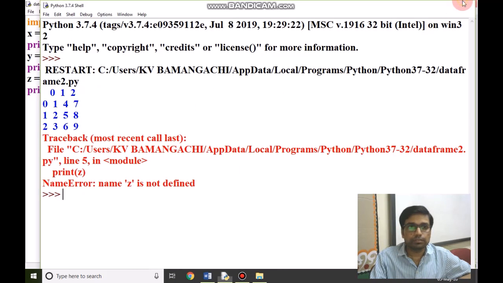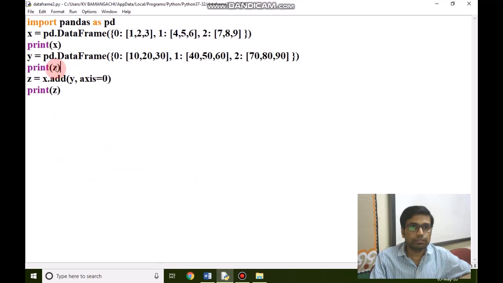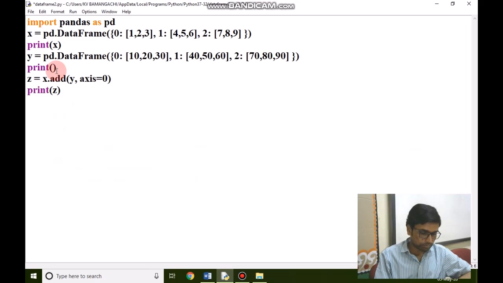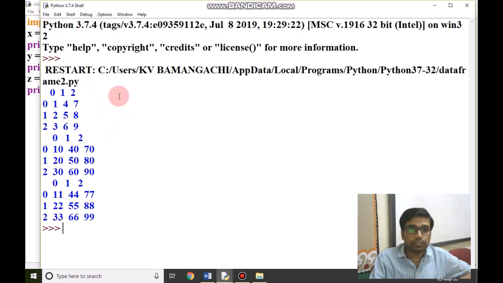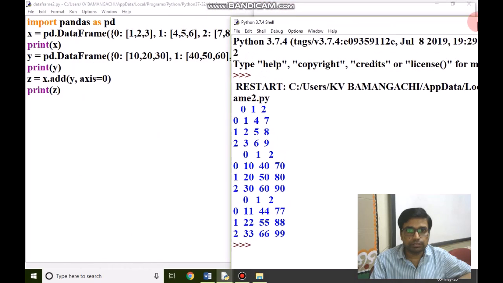Yes. Y. So this is first data frame, this is second data frame, and we have performed addition operation with add function,